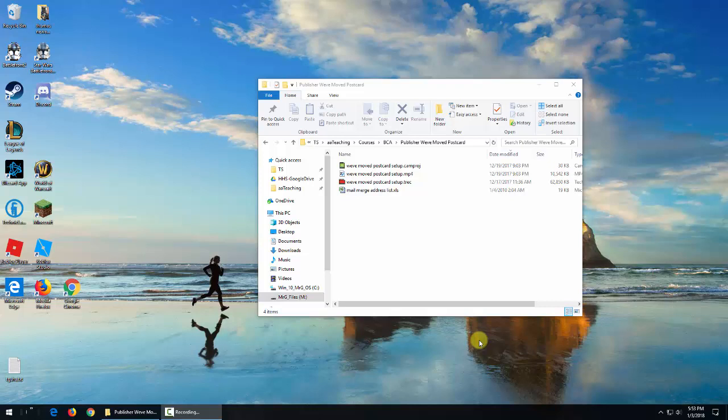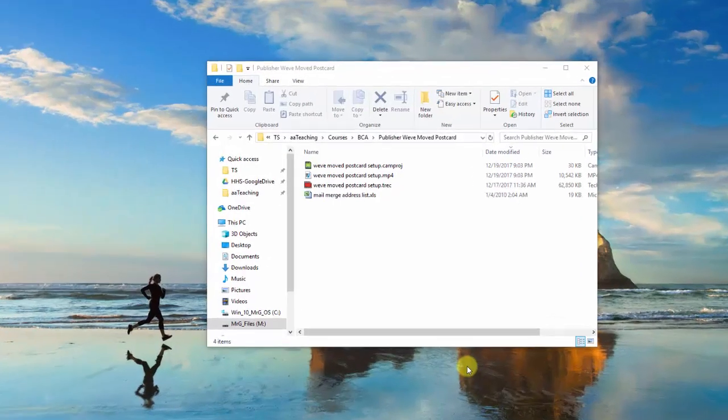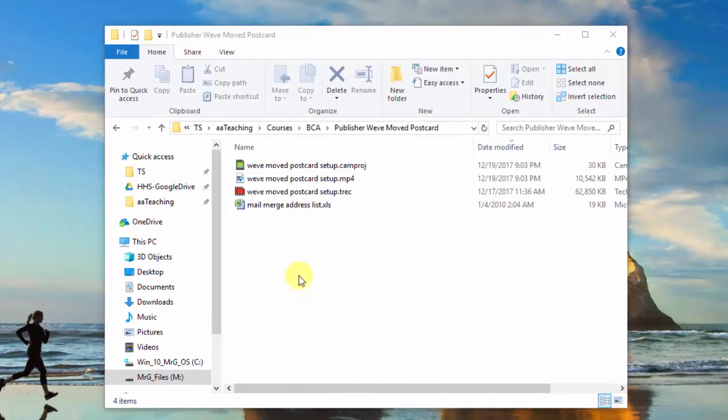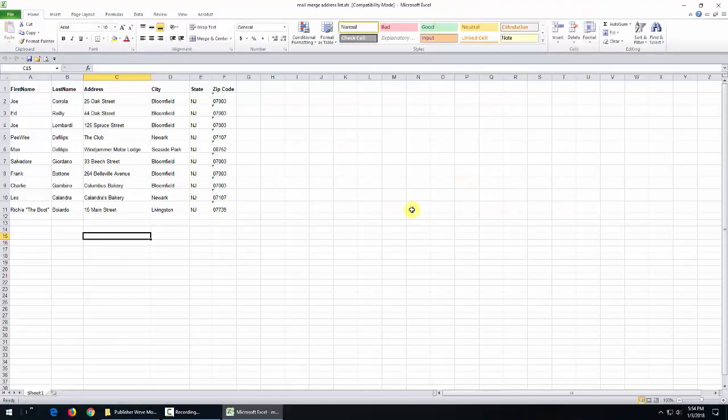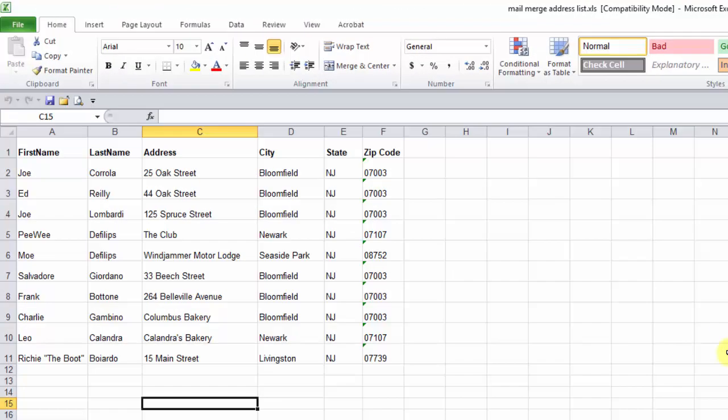In this video I'm going to show you how to add your addresses to your We've Moved postcard. One of the best ways to do it is to set up a list of addresses in Microsoft Excel. So here I have a file which I'm going to give to you, and you can use this for your addresses. But just to see how simple it is,